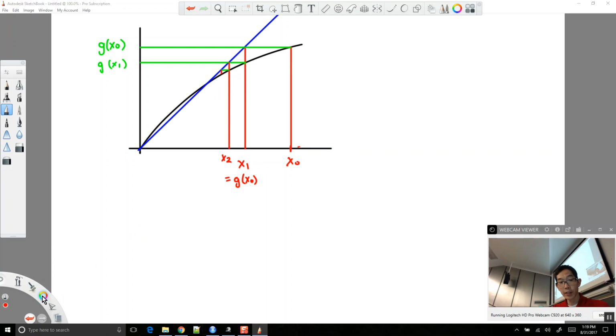You can see if I continue to iterate, eventually we're going to end up at this location, right? After several iterations, we will end up right here, which is the fixed point. So with each iteration, wherever we start, eventually we end up at the fixed point